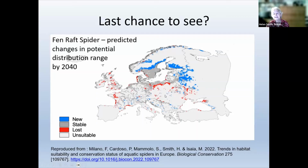These spiders are not going to be able to shift their range at all easily. We know they're not very mobile. They have a job to get around unless you give them a lift. And we also know that this is a very broad brush approach through modelling. And although thankfully it still shows East Anglia as being suitable for the spiders in 2040, it can't take account of local factors. So we have local problems in East Anglia, and one is that the Broads are becoming progressively